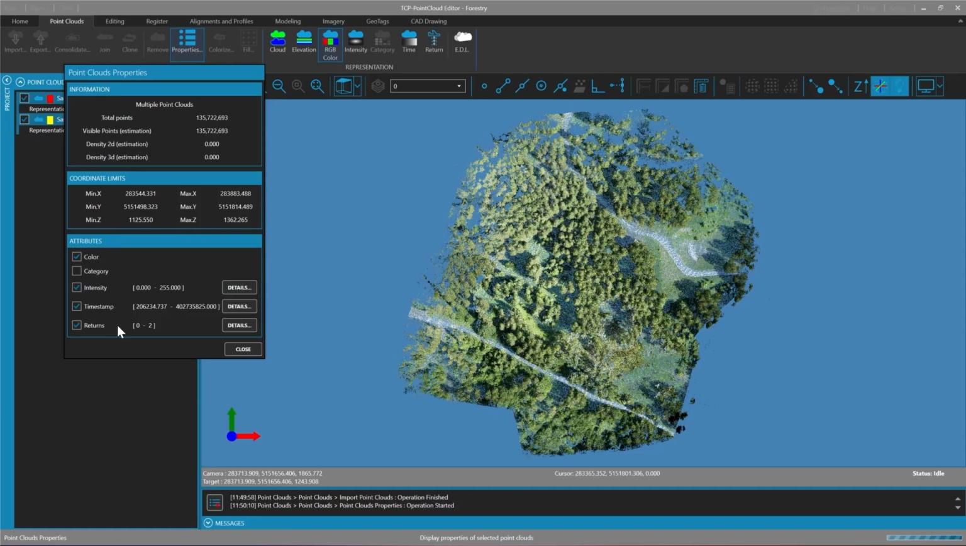And most importantly, here at the bottom, we have all the attributes that were detected during the import process. So in this case, we have everything except categories, except classification. We have color, we have intensity, the timestamp values, and from the LiDAR, we got the return information. So if we want, we can go into the details of any of these fields, and it can show us